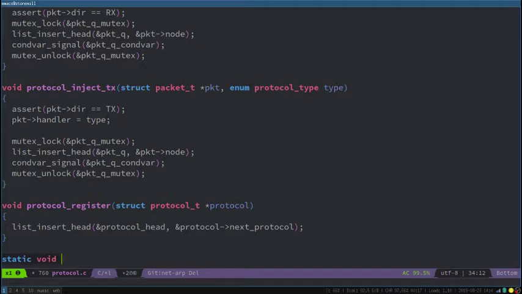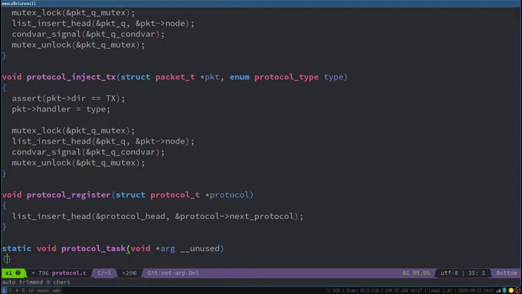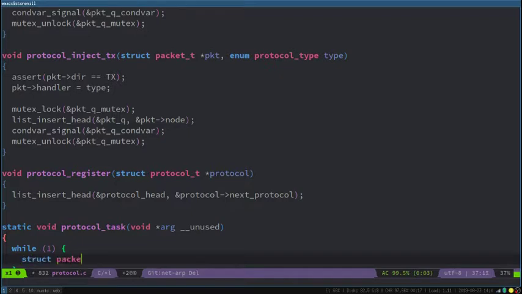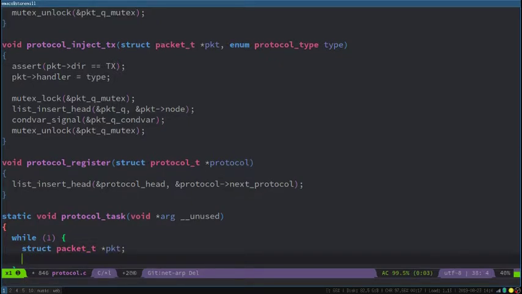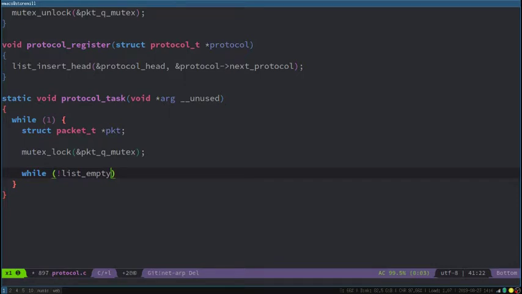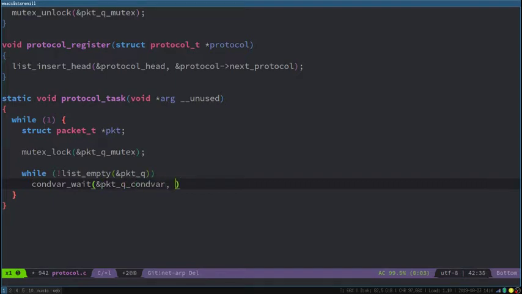It's a static function because it should never be called externally. It's only ever going to be called internally. Okay, great. So while one, because this is a function that should never return, what these threads are going to want to do is get the next packet off the queue. And then while the list isn't empty and then